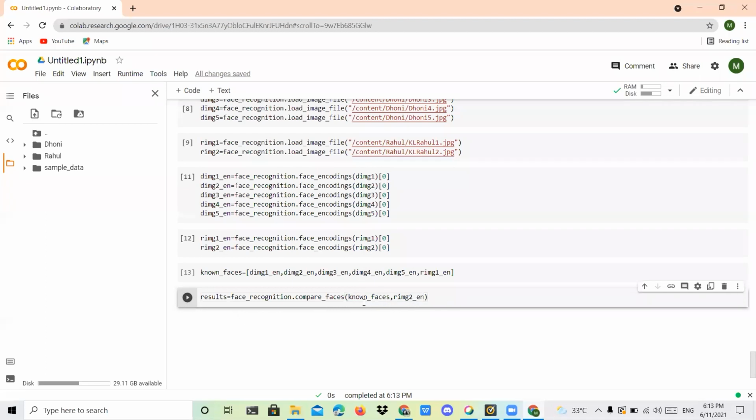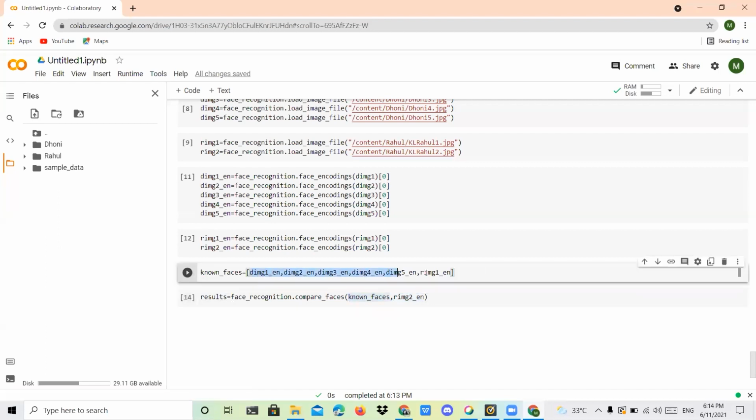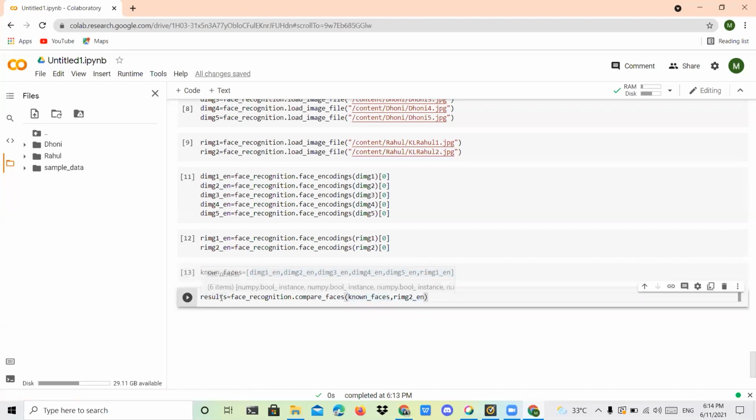Now what this syntax will do is this particular image will be compared to your known phases, whether any phases are equal or not. If there is a match, that will be stored in this array. This is an array only. According to how many images there are in your known phases, your array is stored. In Python I already told you indexing starts from 0. So how many images are there in the known phases? 6. Okay. So results of 0 to 5 values are available in this array variable. After that also you can check. Okay, we'll compare this one.